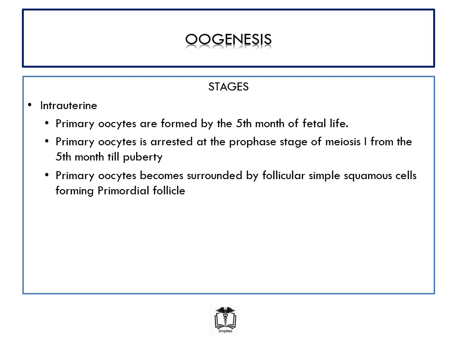So we say that oogenesis begins around the fifth month in utero. However, it's important to note that this oogenesis process is paused, is halted around the fifth month at prophase 1 up until puberty. It's after we get to puberty that we can now recommence the entire process of oogenesis in the female child. So the primary oocytes usually tend to remain arrested at the prophase stage of meiosis 1,